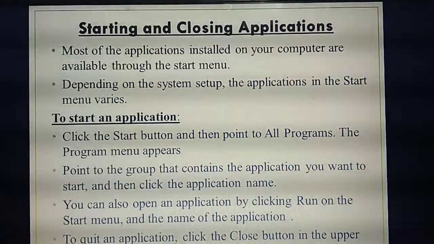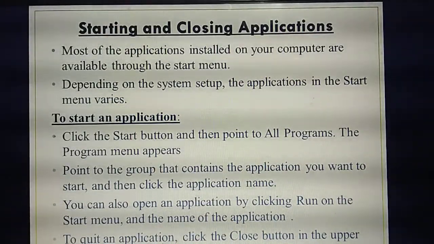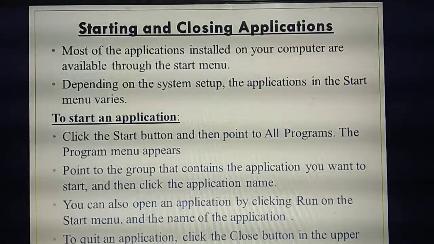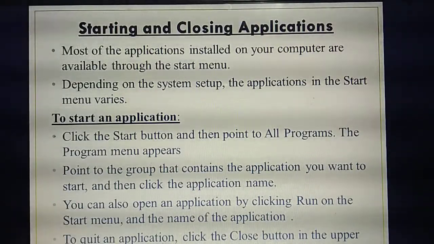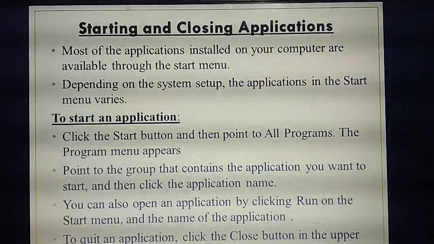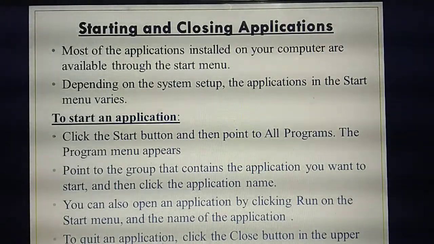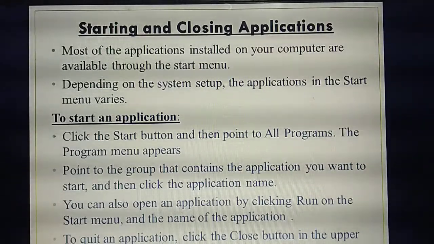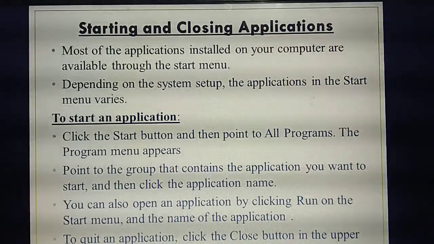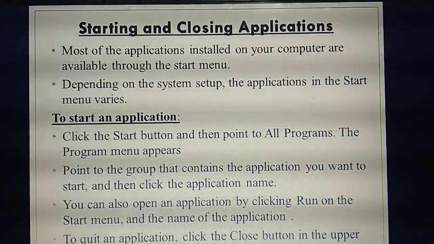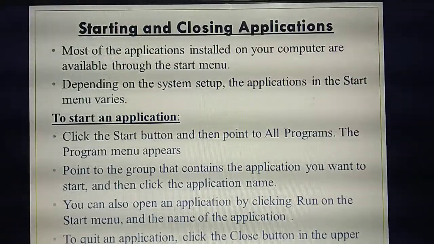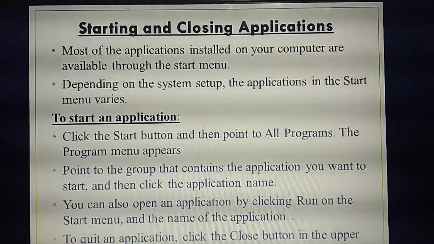Second method, what is the second method? Instead of going to all programs, you can directly access the application. How are you going to open that application? Above the start menu. Where will the start menu be? The start menu will be present at the corner.